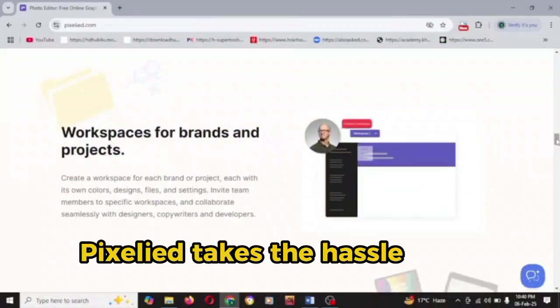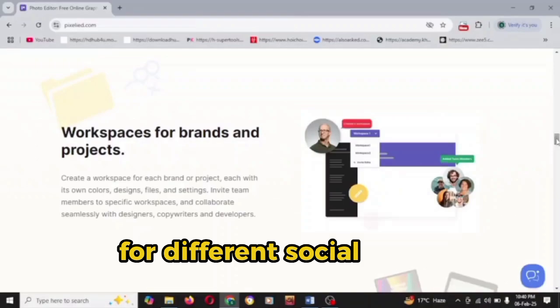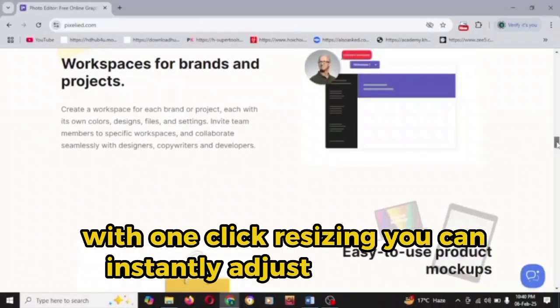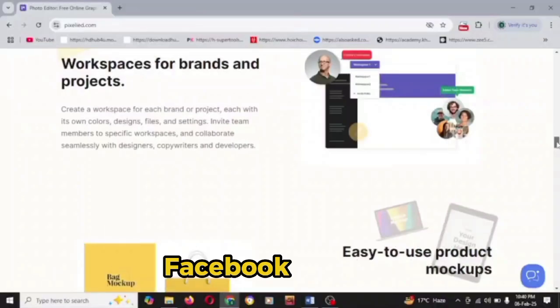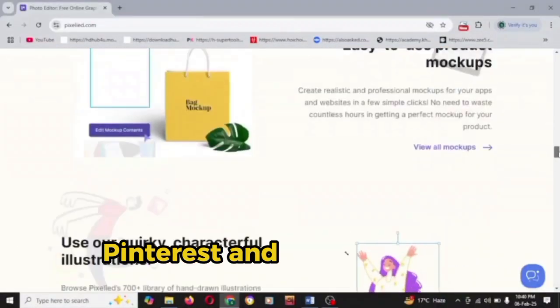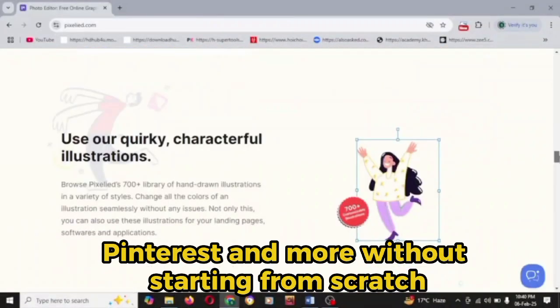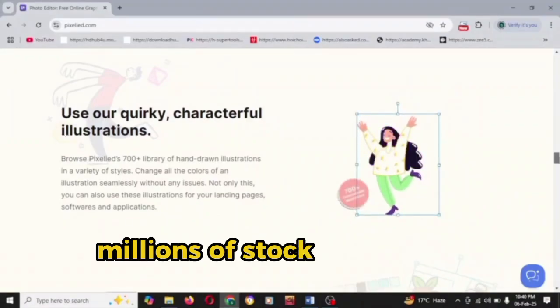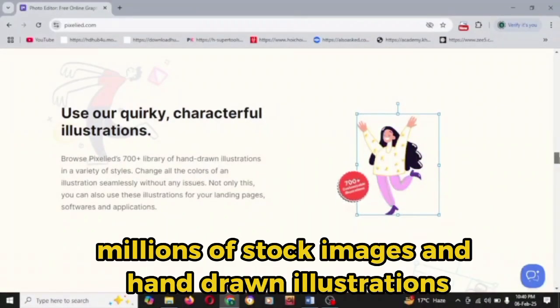Pixelied takes the hassle out of resizing graphics for different social media platforms. With one-click resizing, you can instantly adjust designs for Instagram, Facebook, YouTube, Pinterest, and more, without starting from scratch. Plus, you get access to thousands of templates, millions of stock images, and hand-drawn illustrations to bring your designs to